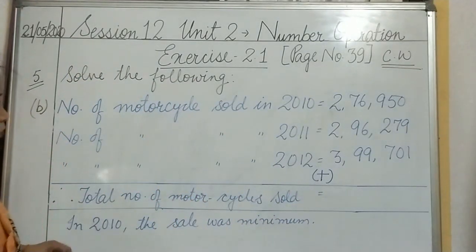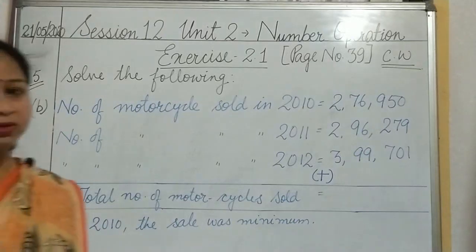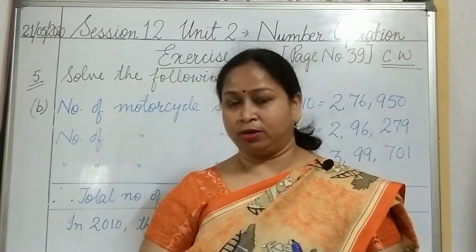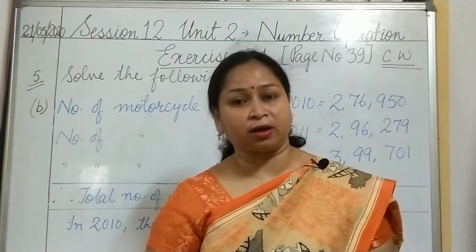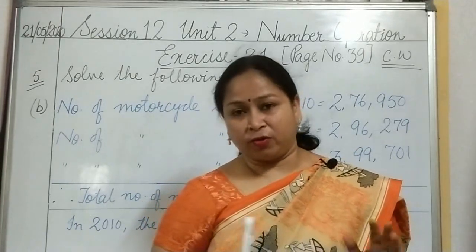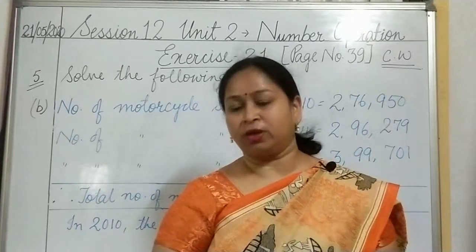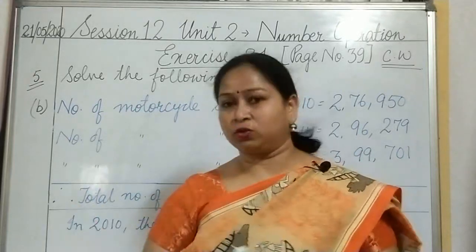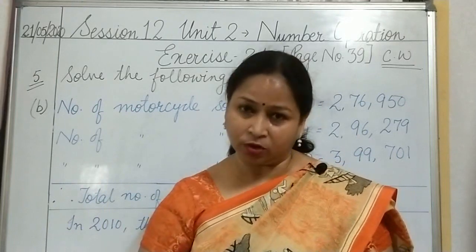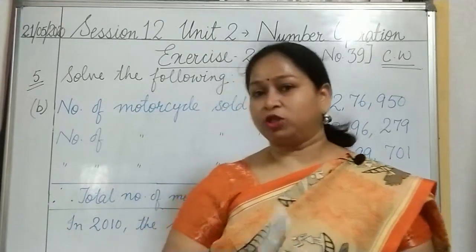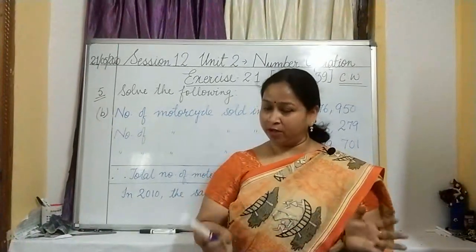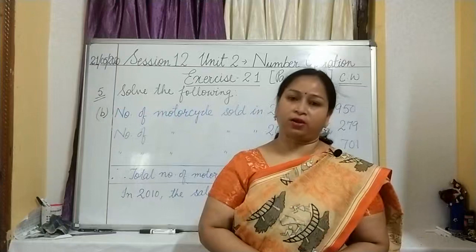So with this we complete exercise 2.1. I hope all the statements as well as the questions are clear to you all. Okay, homework is also clear to you all. And where are you going to do all this except question number 1? The other questions, question number 2, question number 3 and question number 5, you have to do in your classwork copy. Okay, and question number 1 you have to do in your book. 4th question we have skipped. We are not supposed to do that question.